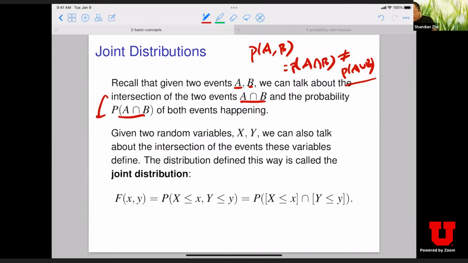So we're going to extend the definition of joint distribution from events to random variables. Suppose we have two random variables X and Y. Then we can define the joint cumulative distribution function. This is done as follows. It's a function of x and y, so it is the probability that